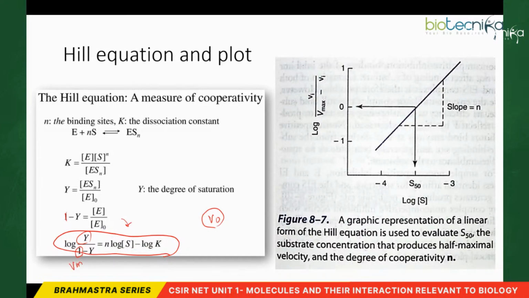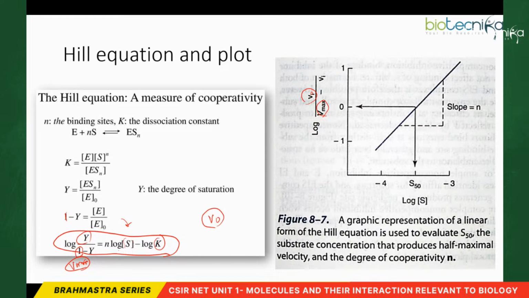The same thing happens with enzymes for Vmax. Vmax is the velocity where all the enzyme sites are occupied with substrate. Only at saturating substrate concentration do you get the maximum velocity. So you would have log of Vi or V0 divided by Vmax minus Vi is equal to n log substrate concentration minus log of the